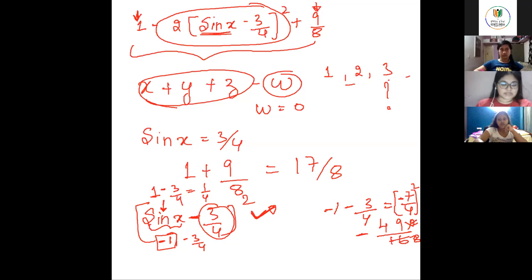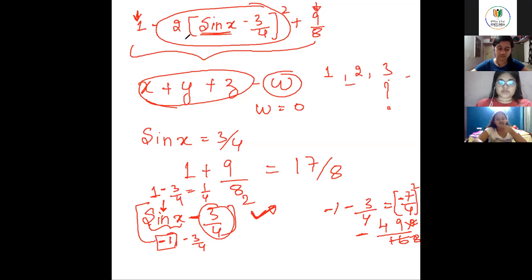Any doubts in this, you can ask me, because this observing part here is very important. Sooner or later you will get more complicated functions, and if you're not used to observing the values, you'll be in great trouble. I can explain this again. Anyone who has a doubt here can ask me again. Ma'am, can you explain again?